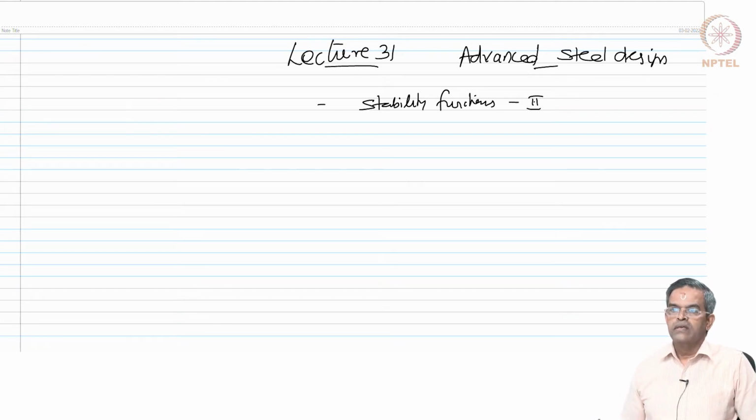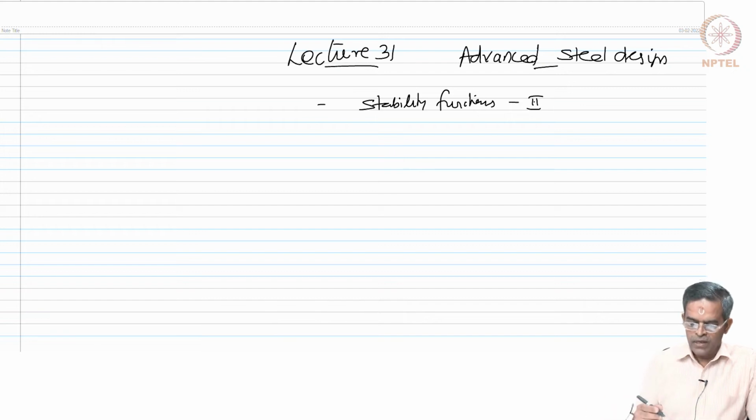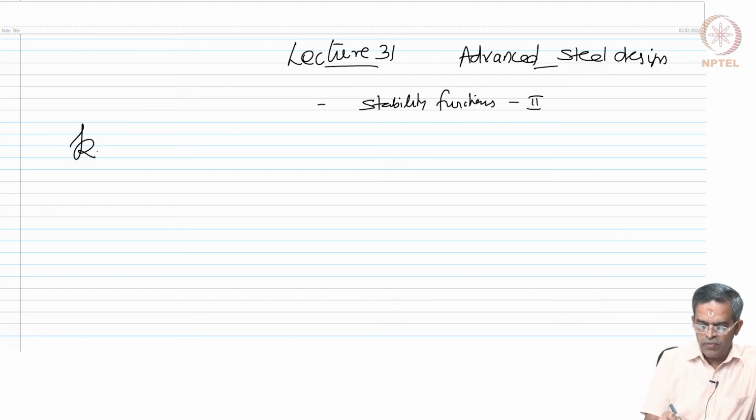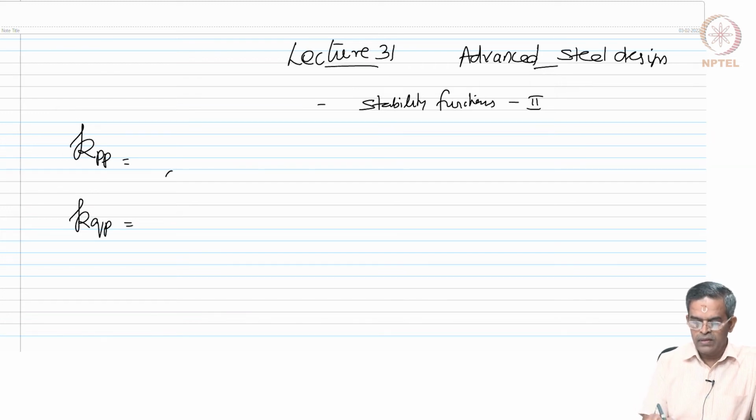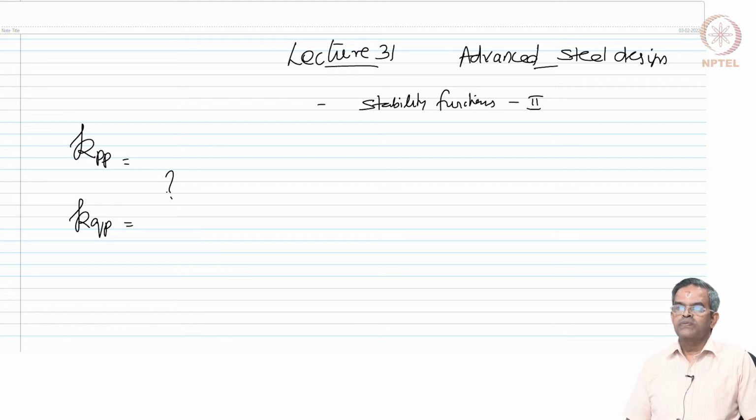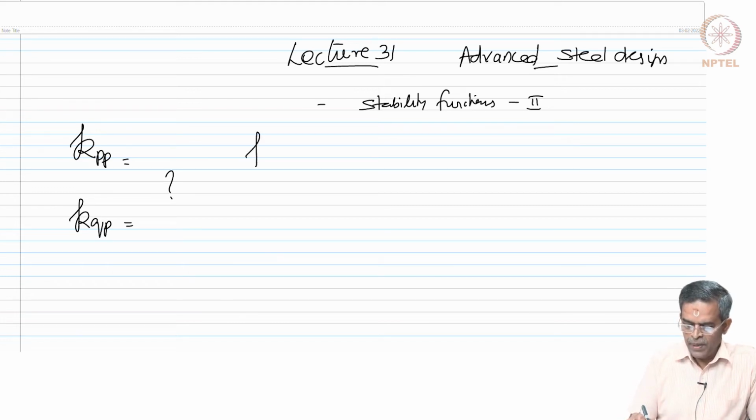In the last lecture, there is a small correction. I apologize for that. Let us rewrite that equation for KPP and KQP. Please turn back your notes. I am rewriting this equation. There is a small correction. So, KPP is actually given by